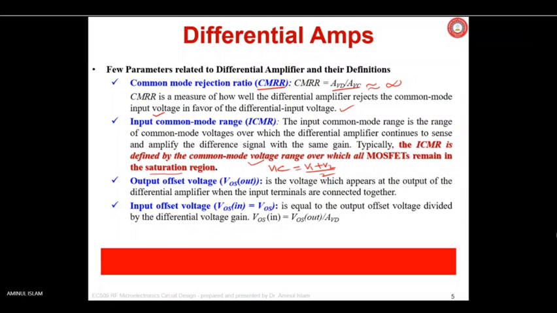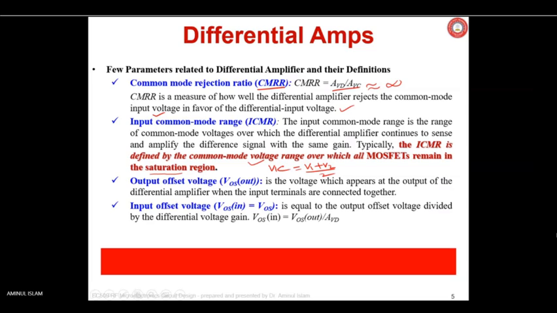The term MOSFET is coming because this lecture was based on the MOSFET based CS differential amplifier and the common differential operational amplifier. Okay, so this thing is coming. Anyway, it can be for BJT based also. So what I want to say to you is,